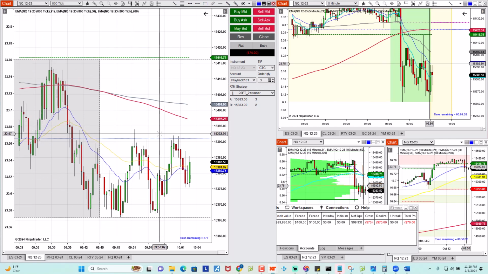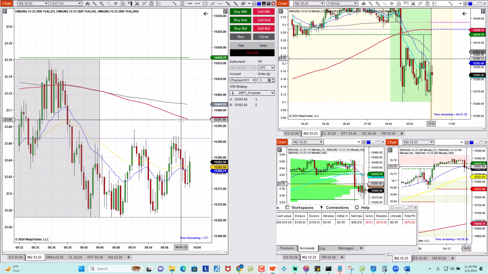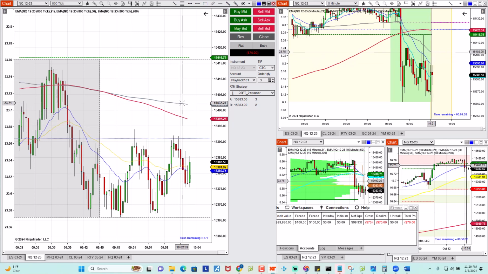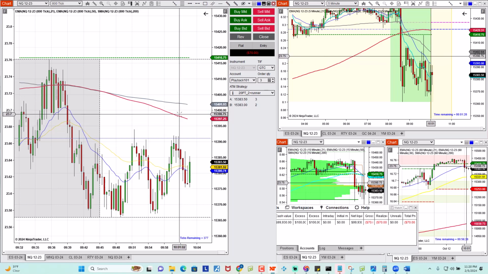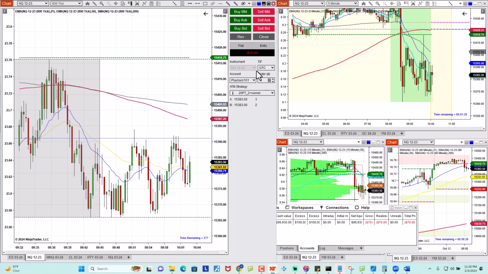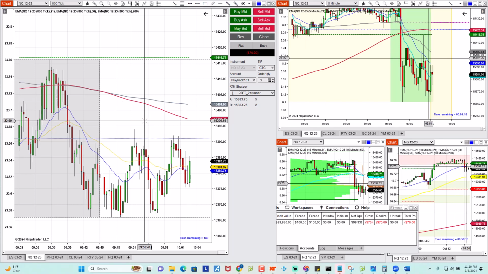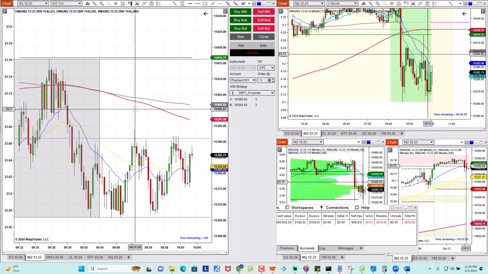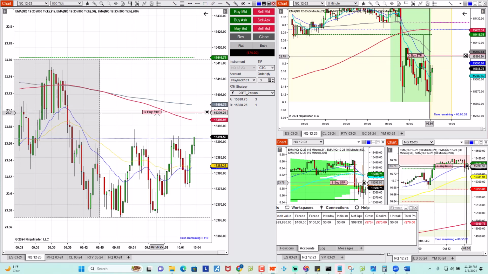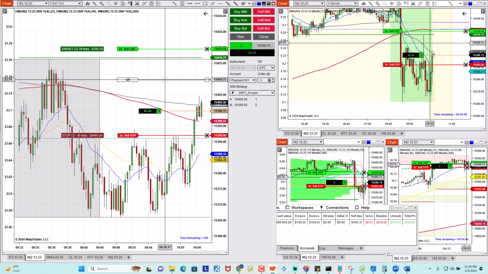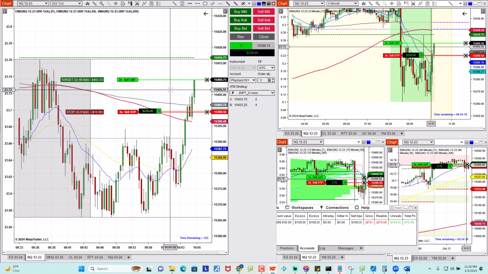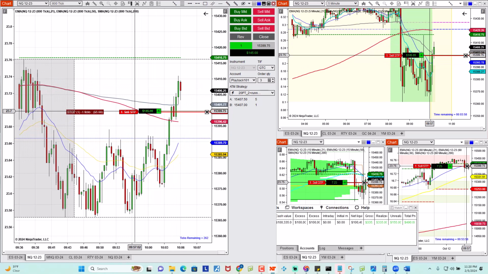You need to trail your stop as price is moving in your favor. And the reason why you have to do that is because the threshold is moving as price is making new highs. So, all right, let's quickly go to that, so you can see. I'm going to enter an order and try to catch 10 points. Okay, let's say I go to here and price came up here. Let's see. Okay, you see, now I have my stop there, right?